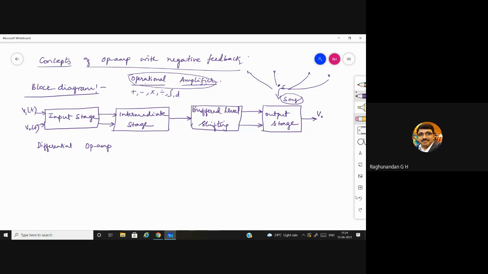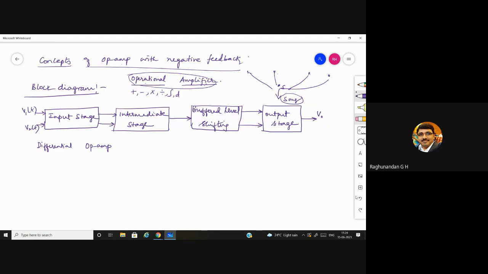Since the single stage is not capable of producing sufficient gain, we'll be using one more stage of amplifier, which is going to add the additional required gain, because we might have some high requirement. During that time, a single amplifier cannot produce sufficient gain. So we'll add one more amplifier, or we'll just cascade it, and it is going to give the additional gain.